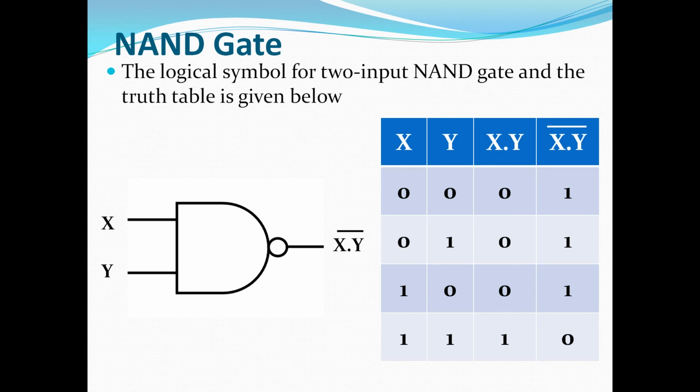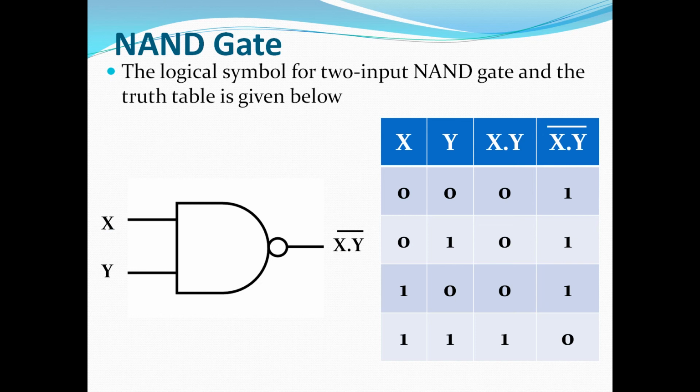Here is the logical circuit or logical symbol, then the truth table. In the logical circuit, you can see first the AND gate, then the last part of the NOT gate, the circle. So remember the different gate drawings or symbols. Here, AND gate, then the end part of the NOT gate. So that is actually the NAND gate. If you give X and Y as the input, the output will be (X dot Y) whole dash. That is a NAND gate.